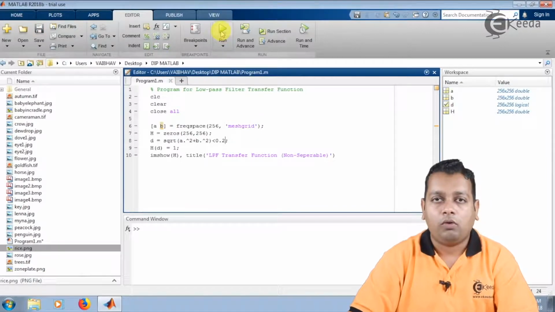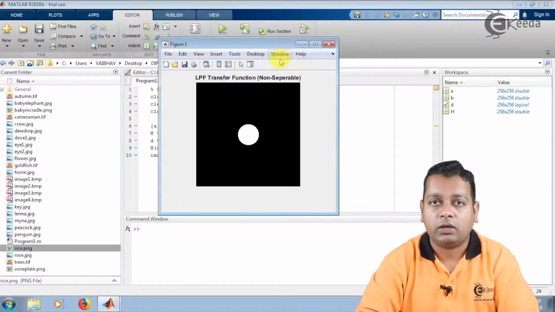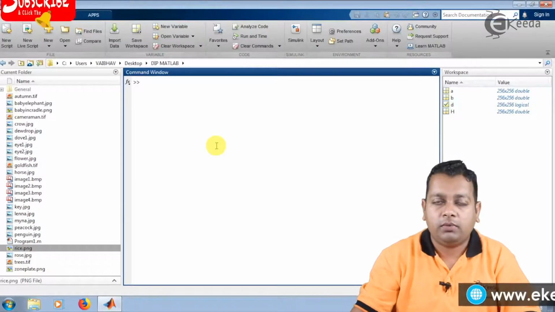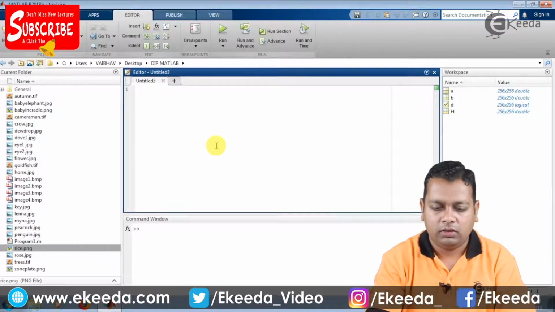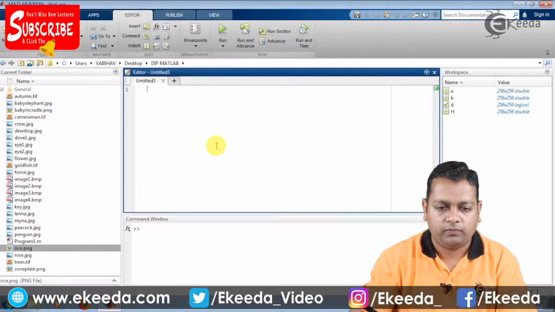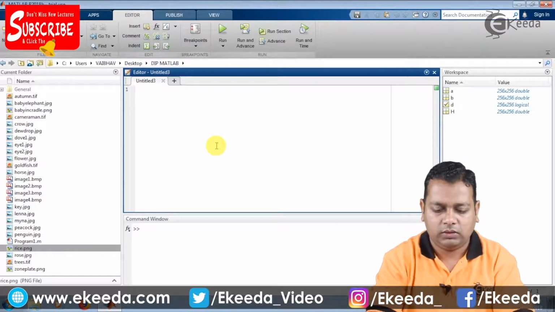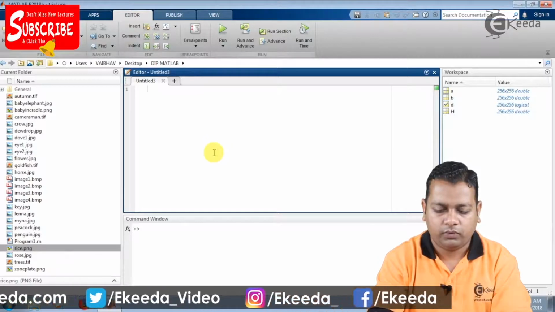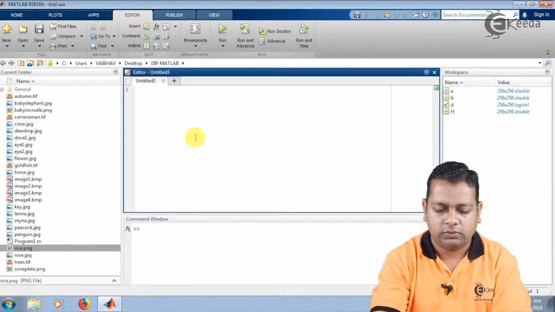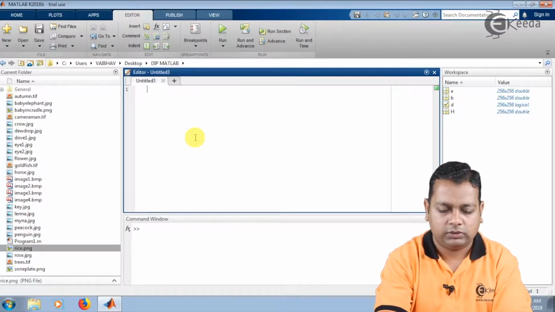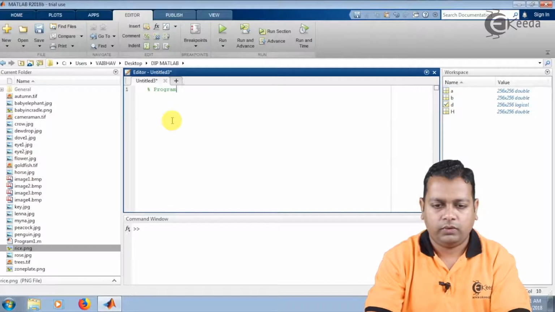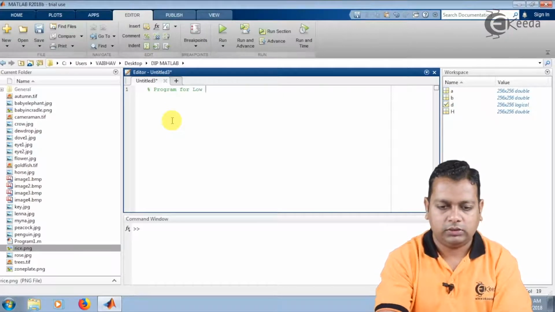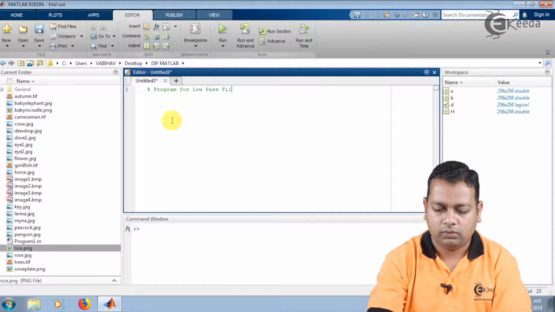Next, we shall also be displaying and formulating the separable type of low pass filter. So for the separable type of low pass filter transfer function, I have taken a new script here, and here I can mention the comment for that purpose. So this is a program for the low pass filter separable transfer function. Now we can get these things into the program,